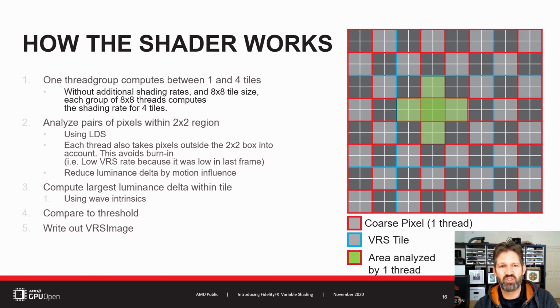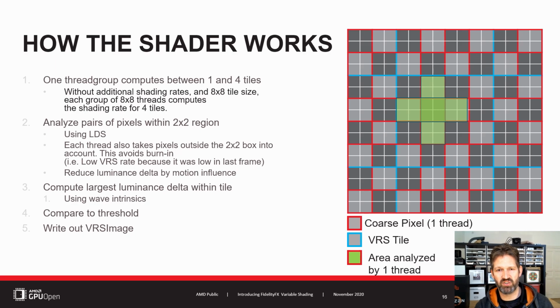How does the technique actually work? In a nutshell, every thread computes the difference in luminance between the pixels inside a 2x2 pixel region to determine if the difference in luminance is small enough to allow a reduction in shading rate. Those values are then compared across all threads working on the same tile to determine the shading rate applicable for the whole tile. The reason for luminance being used is simply because it proves sufficient and it's less computationally intensive than comparing full 3-channel RGB values.